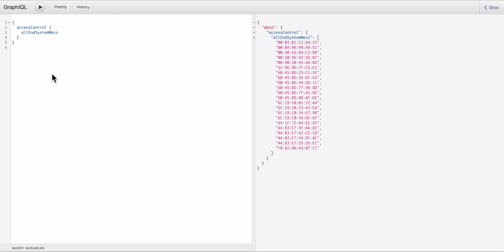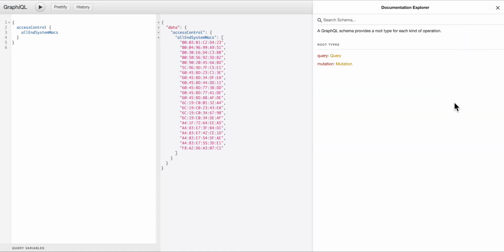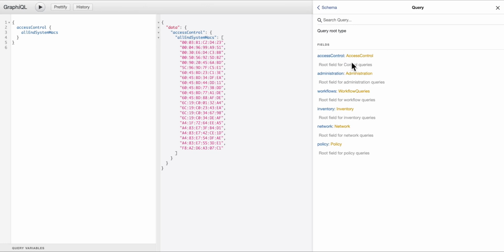To do this, let's use the Documentation Explorer that is built into the NBI Explorer to provide a hierarchical view of the entire schema. Beginning at the top of the schema, note that there are two pathways to follow: query and mutation. The mutation branch provides the list of calls that update or mutate objects. However, for this exercise, select the query hyperlink to drill into the vast collection of queries available from the northbound